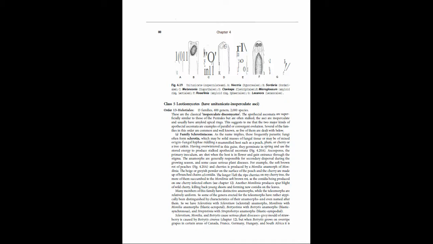Gray mold of strawberry is caused by Botrytis cinerea, Chapter 12, but when Botrytis grows on overripe grapes in certain areas of Canada, France, Germany, Hungary, and South Africa it is